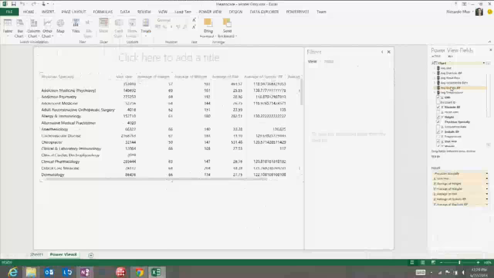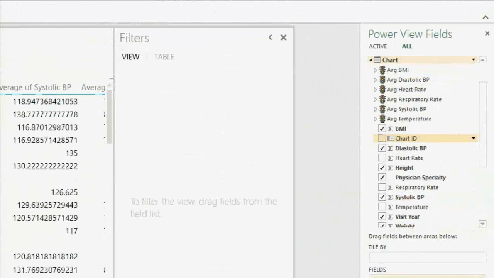So you'll notice some of the different icons beside some of the fields. Beside chart ID, you'll see this kind of card icon. What that means is that it is a details group field. It's either a key for the table, a primary key, or it's a field that is set to group on the key. So to show you the difference here,